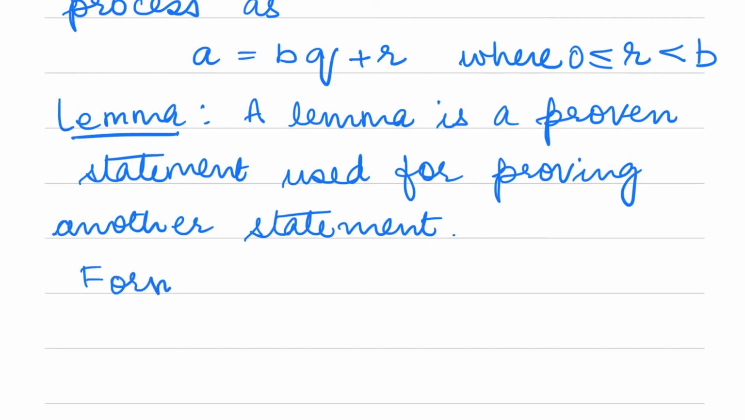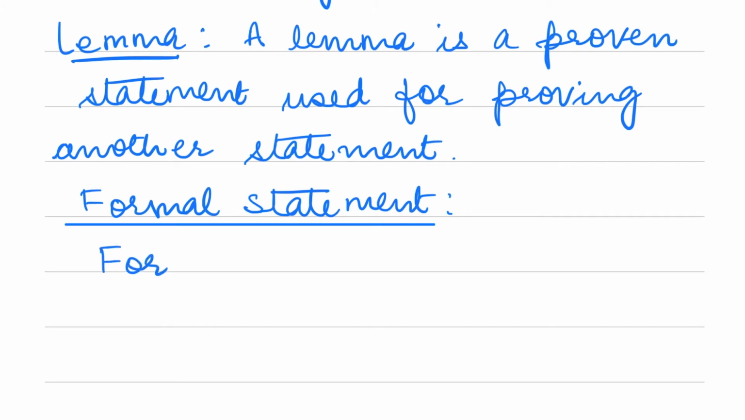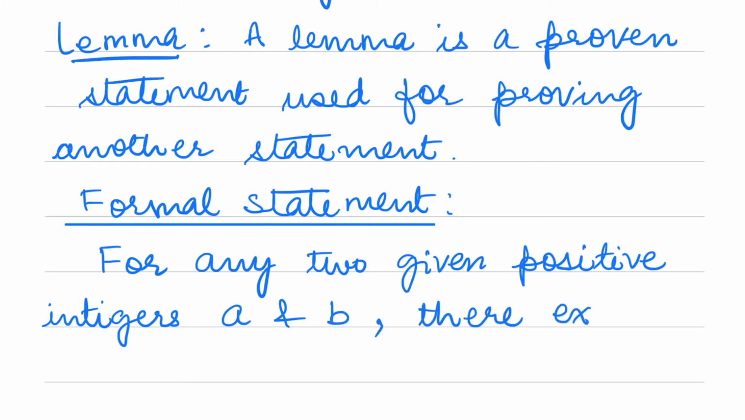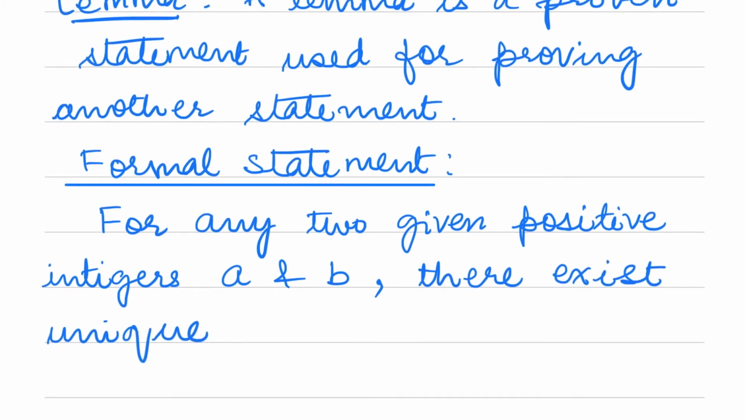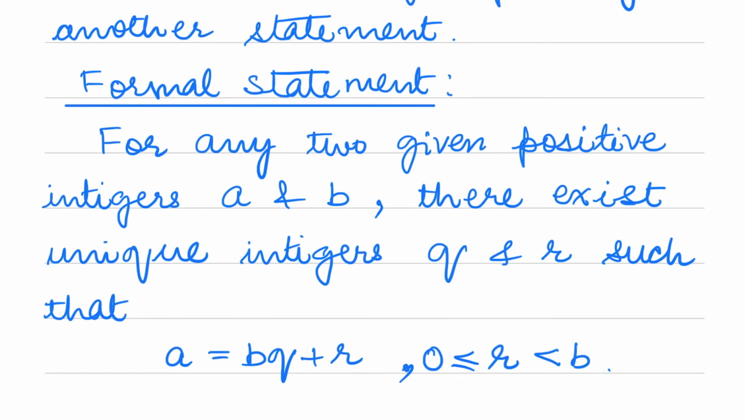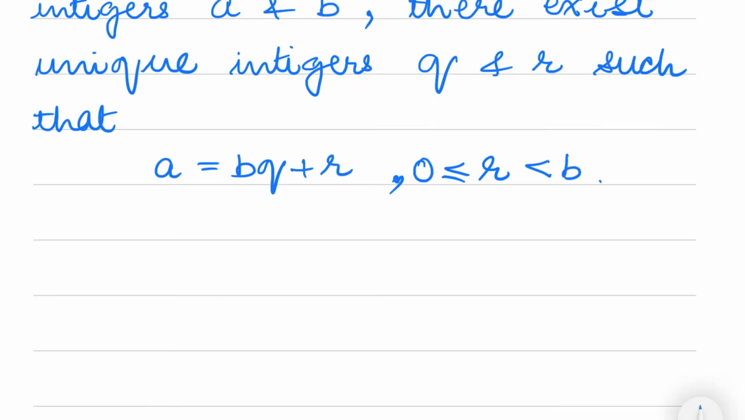The formal statement about Euclid's division lemma: for any two given positive integers a and b, there exist unique integers q and r such that a is equal to bq plus r, where r is greater than or equal to 0 and less than b. So now let's do a few applications